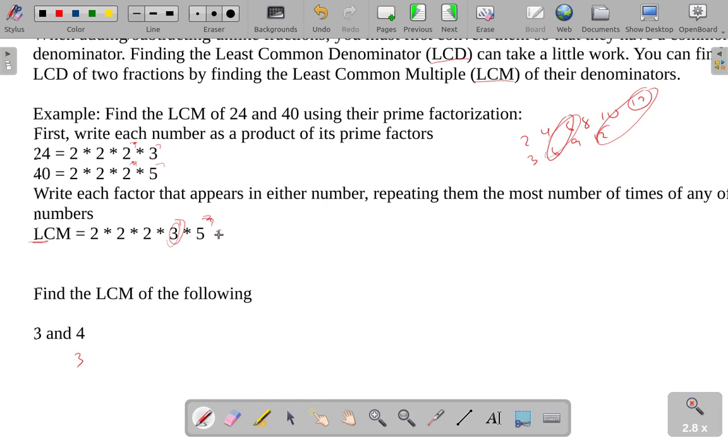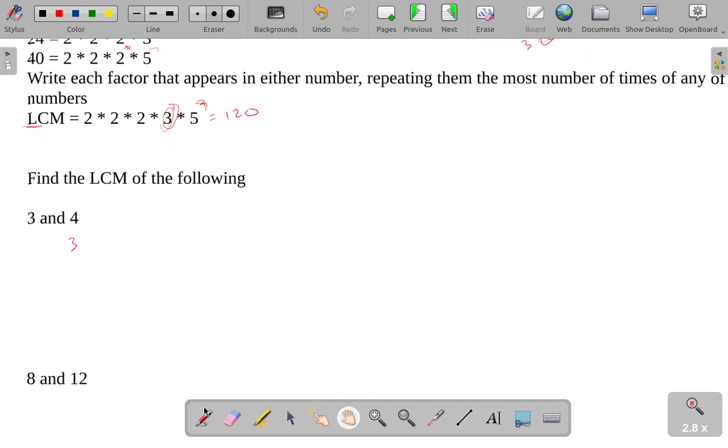120. So 120 would be the first number, the smallest number that is a multiple of 24 and simultaneously not a multiple of 40. Alright, so if we want to find the least common multiple of 3 and 4, well, 3